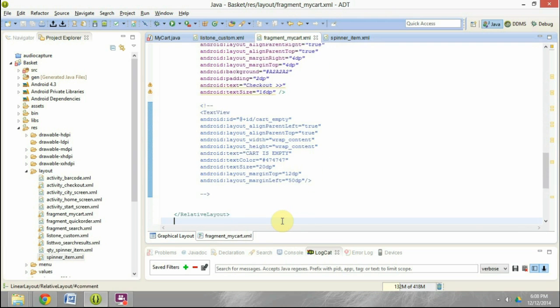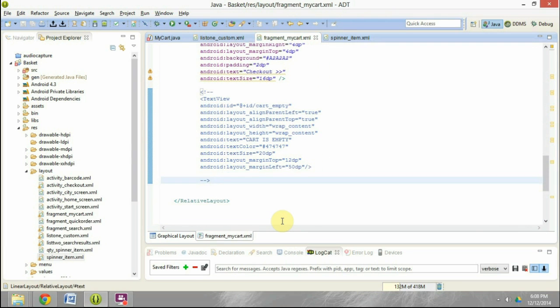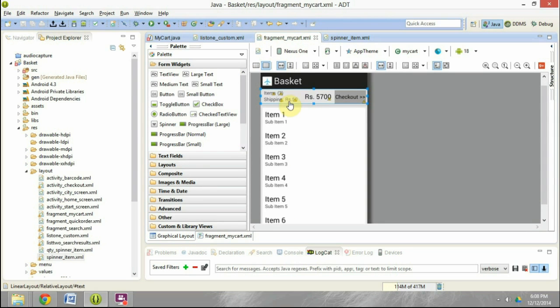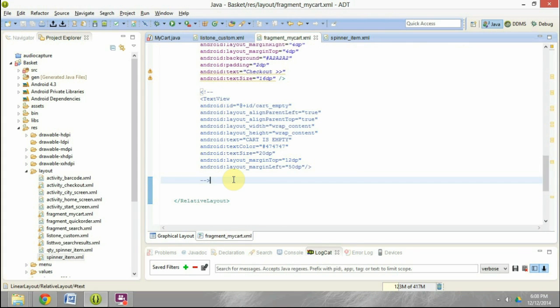Now there is one more thing that we have put here, which I have just commented out, but I will uncomment it now. So you notice that here, when there are no items in the cart, what will you show here? So we need to display that no items in cart or your cart is empty, some kind of a message like that, so that the user does not get confused. And we also need to hide these elements because these are not relevant if there are no items in the cart. So what we have done is that we have another element here.